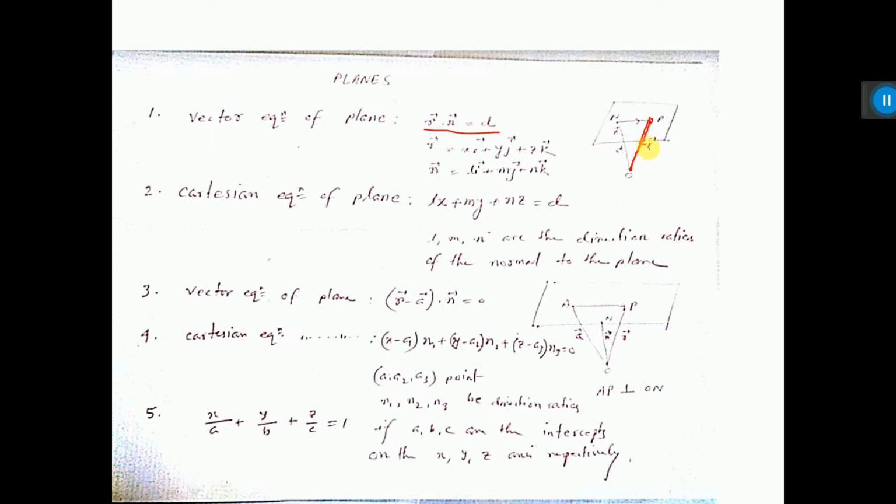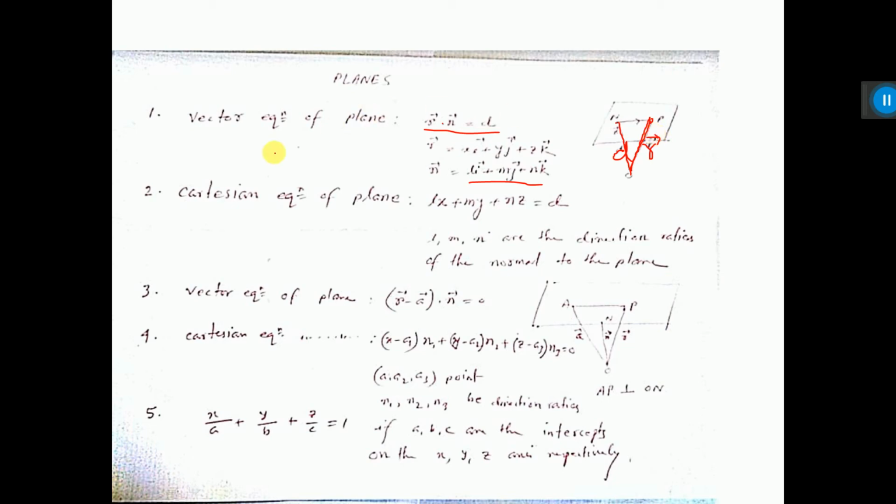So this is r, and this is d. Sorry, this is the distance I am taking from origin up to n. So n is the vector, where n is any vector li plus mj plus nk. Now r dot n equal to d. If you take the dot product of these two vectors and equate it to d, then you will get the equation of the plane.